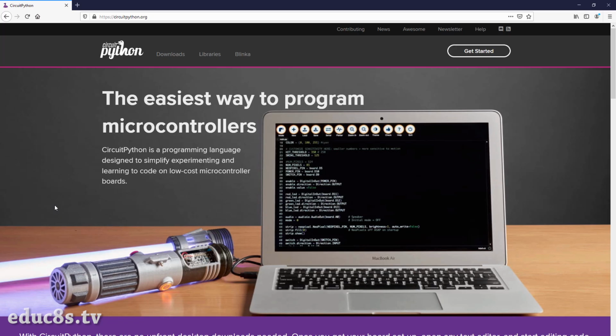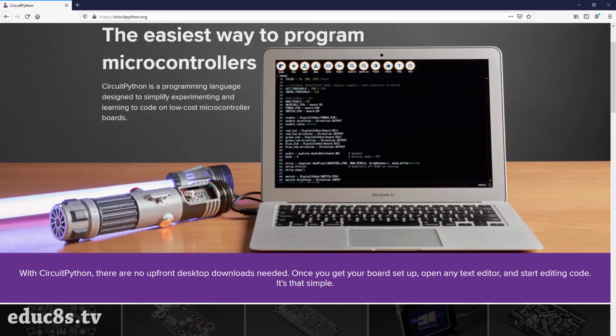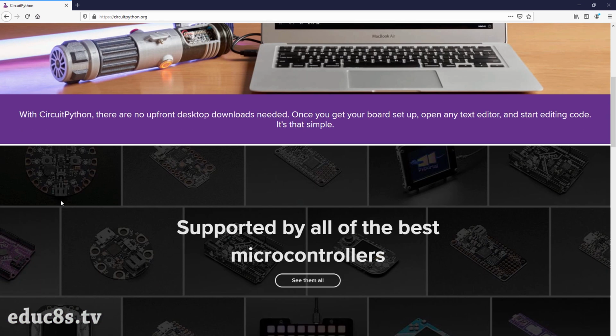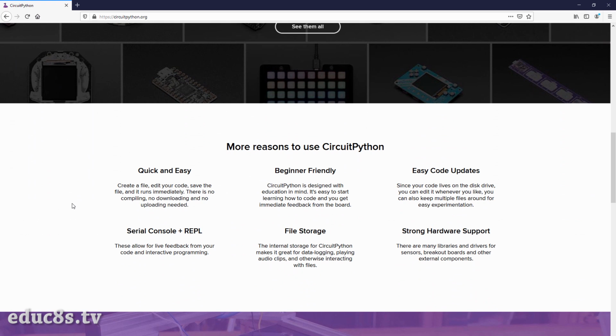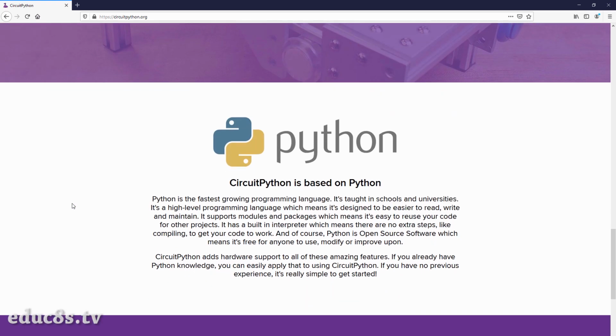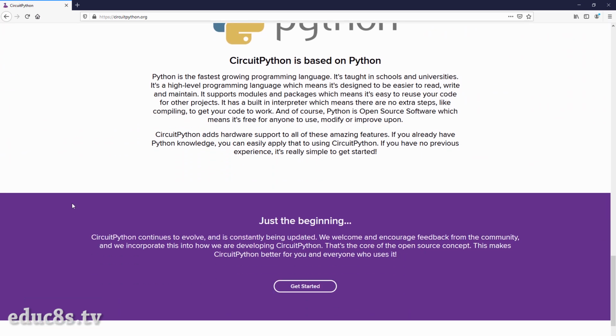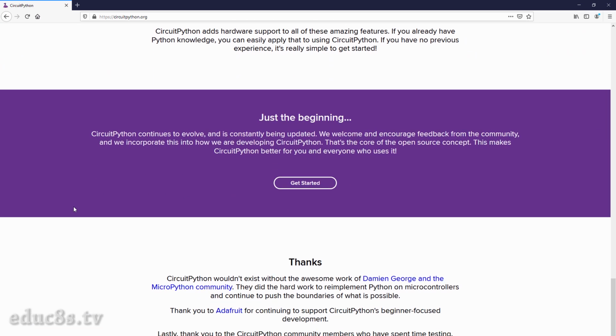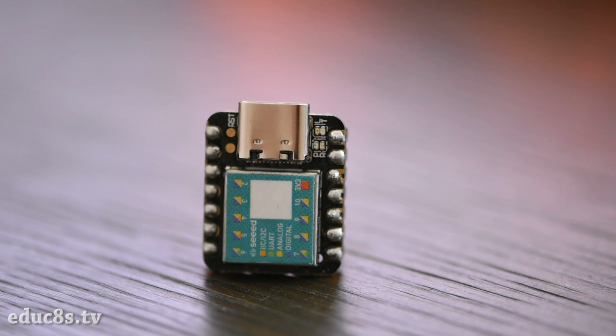CircuitPython is an open source derivative of the MicroPython programming language, and its development is supported by Adafruit. CircuitPython is a full Python compiler and runtime that runs on the microcontroller hardware. How cool is that? Think about it. We can program this tiny and inexpensive board with a high-level language very similar to the one we use to program our computers. The future is here.